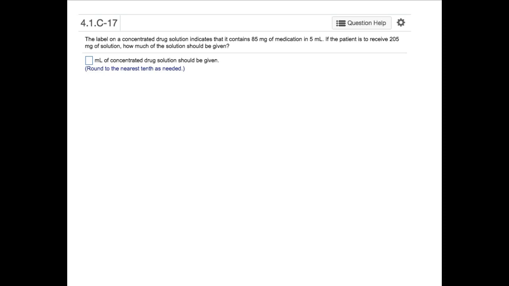Now this type of question is a direct proportion, so we just want to figure out what do we know about each of the different dosage amounts and see what we're missing. So we know for 85 milligrams, the amount that contains 85 milligrams is 5